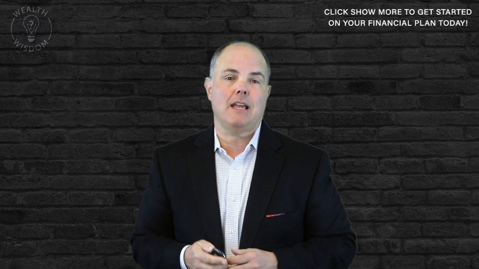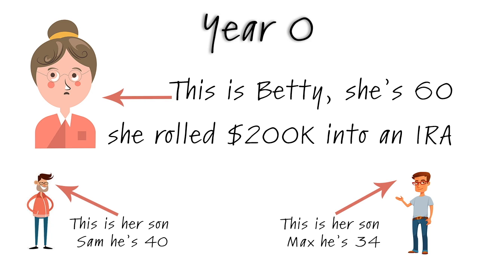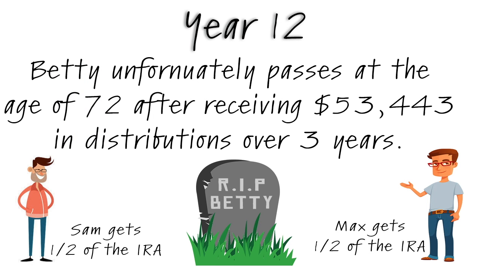Let's show another example here. Here's Betty, age 60, with $200,000. She names her sons, Max, age 34, and Sam, age 40, as beneficiaries. So in 10 years, she starts taking her distribution. At that time, it's $16,480. Now, unfortunately, Betty dies early, after receiving 3 years of RMD payments,